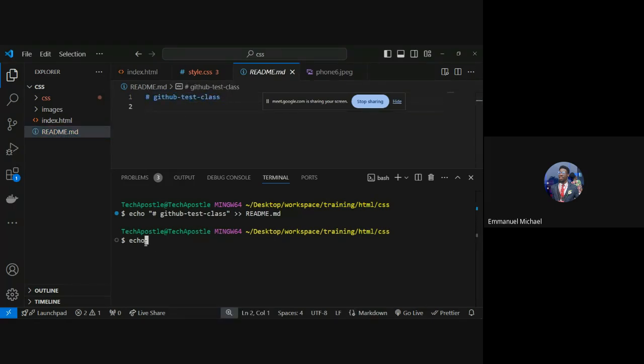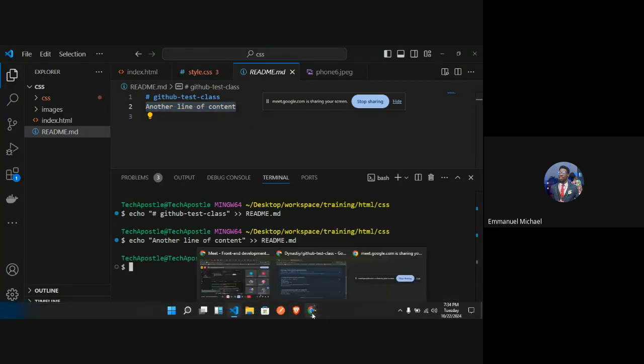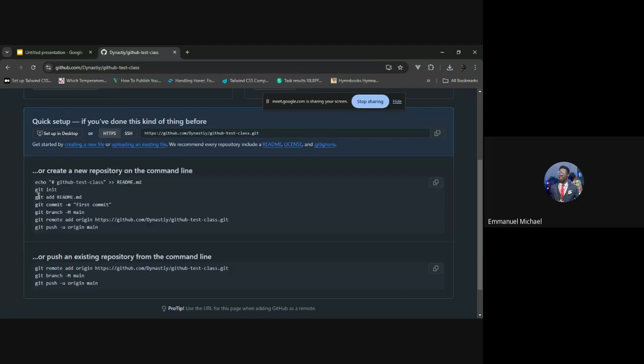If I want to add something else there, I can just echo another line of content. Let's see if this actually works. So we see another line of content has been added. Do you understand that point? I believe we do. Now, the next step is